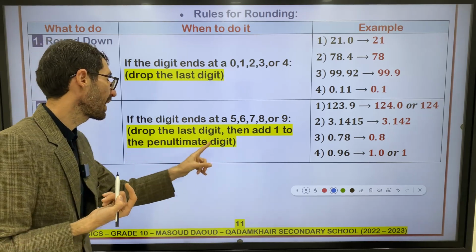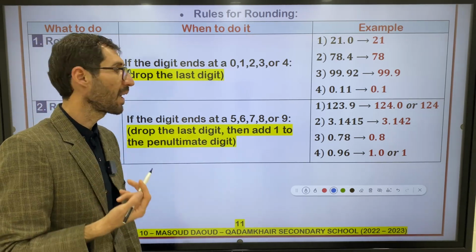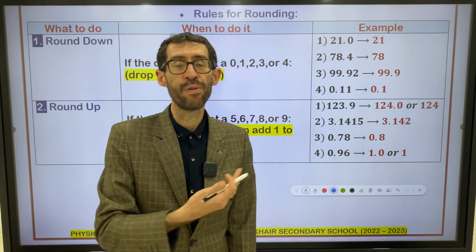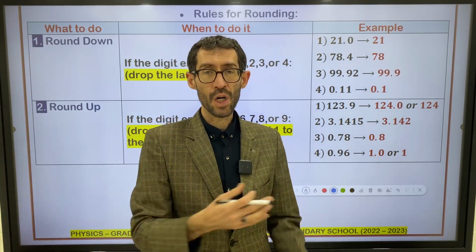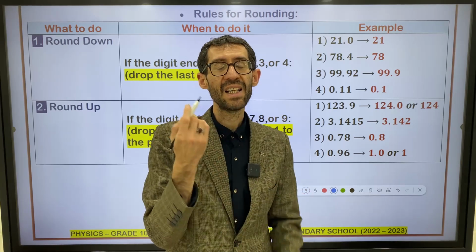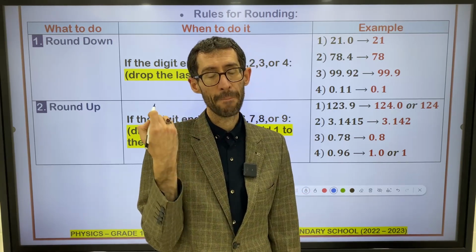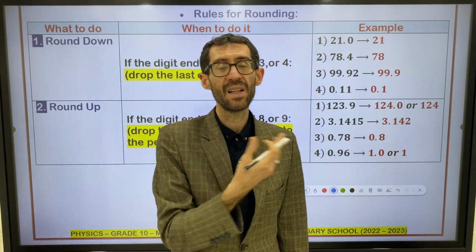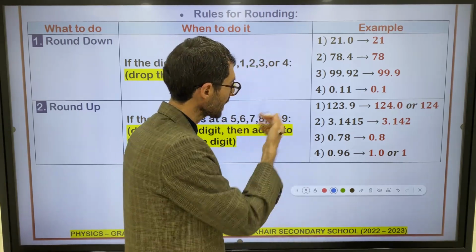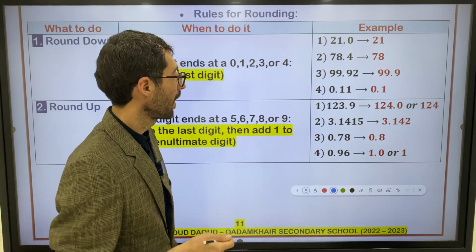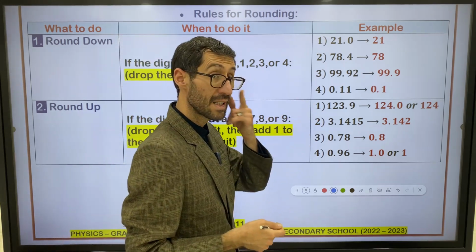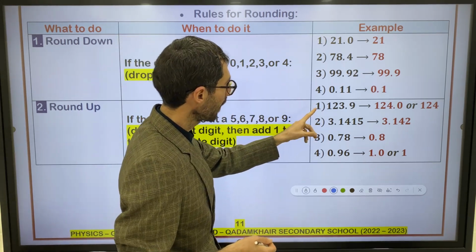To the penultimate digit. What do I mean by the penultimate digit? It means the digit before the last digit. Drop the last digit and add 1 unit to the penultimate digit. Let's solve these problems. Number 1, the first example,